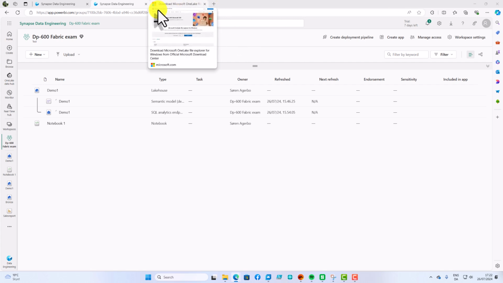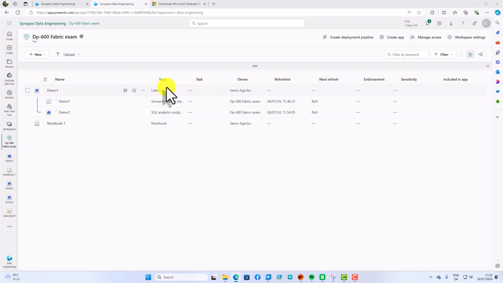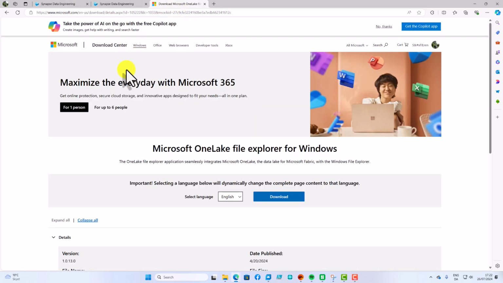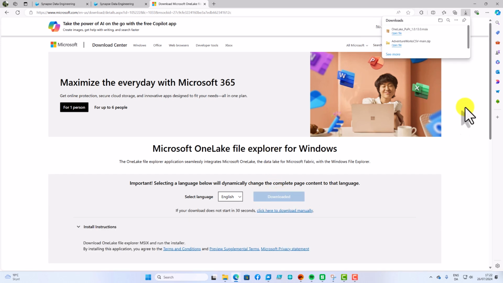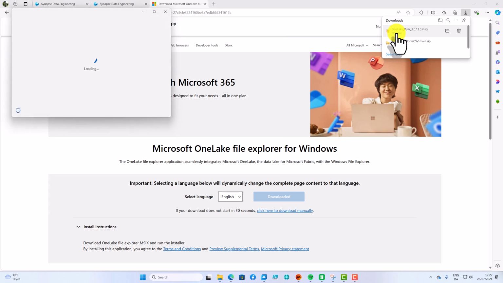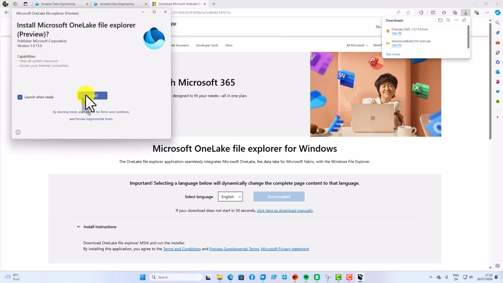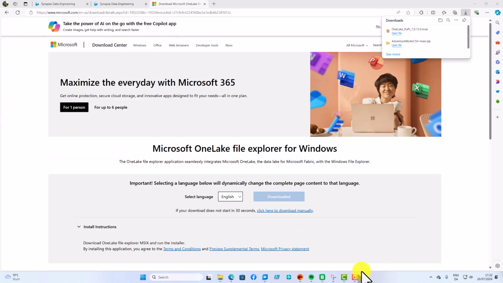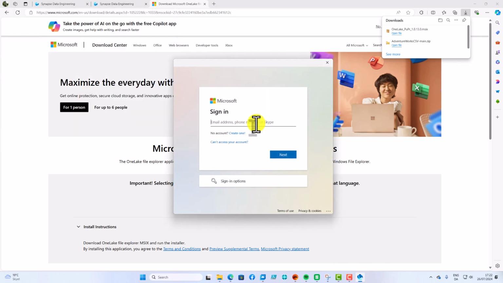I can go to OneLake through a lakehouse or whatever I want to, but I can also install a tool on my Windows machine called OneLake File Explorer. So I download this one here and I click open and I click install, and then it comes up, do you want to log in?